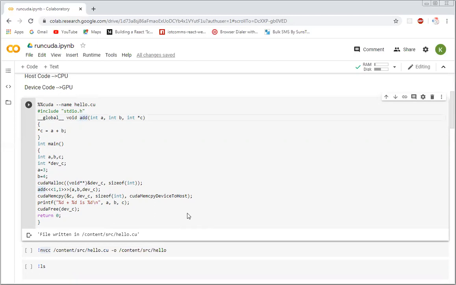So it can compile the CUDA code which has heterogeneous code. Heterogeneous means it has some host code and some device code. No problem, no issues. It can compile the code.